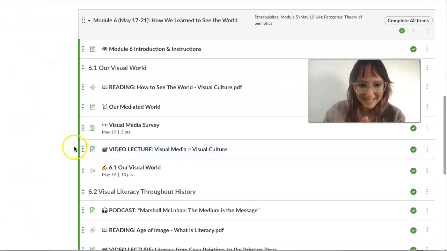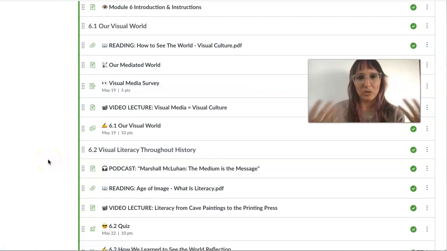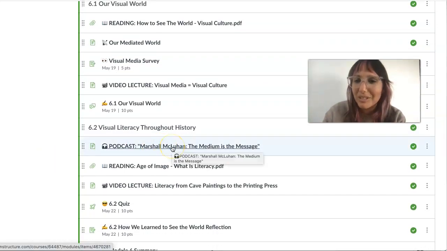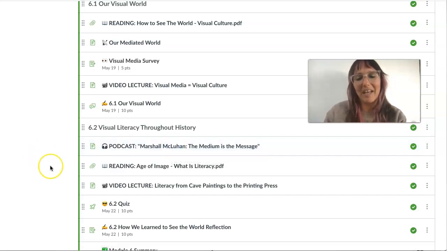And then the next lesson is all about visual literacy throughout history. Here again, we're introducing Marshall McLuhan's The Medium is the Message. And then there's a whole lesson about how visual communication has evolved throughout history. How have we gone from cave paintings to the printing press? And next week, we'll talk about